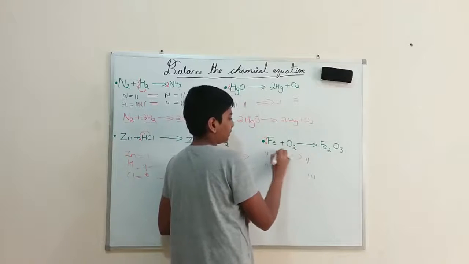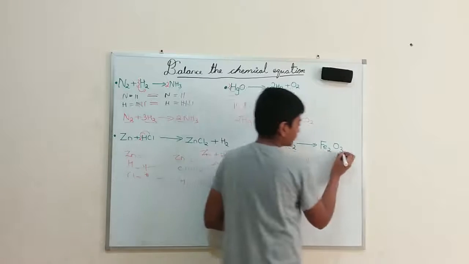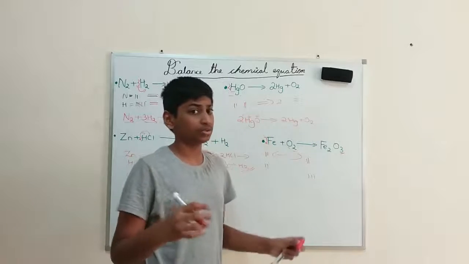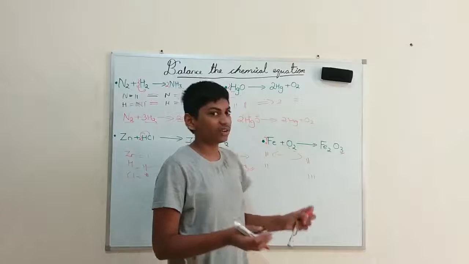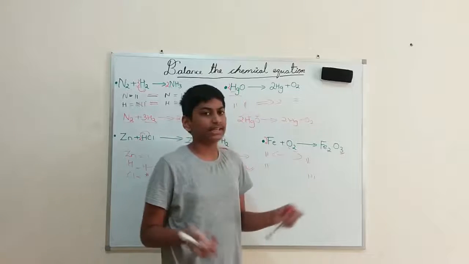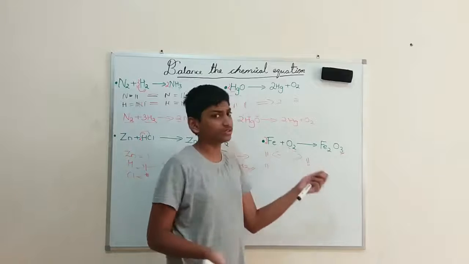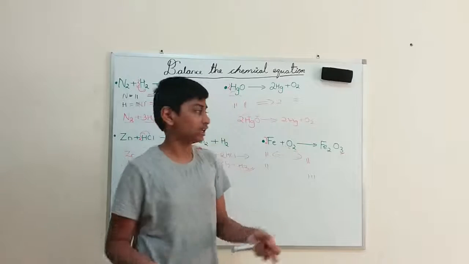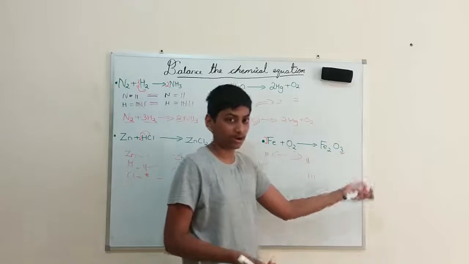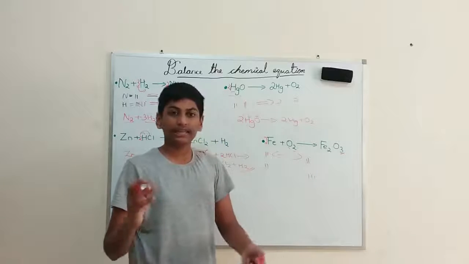Yeah, right? But if you're seeing this oxygen, here it is an odd number, right? So for that you cannot multiply it with 2 and 3 also, we will get only an even number. If I multiply 3 into 2, how much I'll get? I'll get 6. If I multiply 7 into 2, I'll get 14, which is an even number only. So what should I do? I should try to make this oxygen, the right product side oxygen, into an even number.